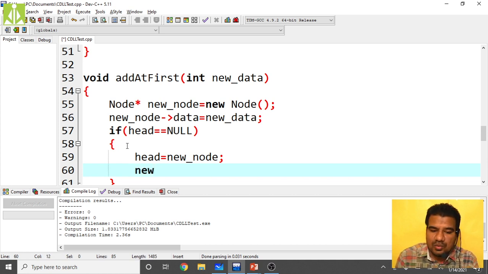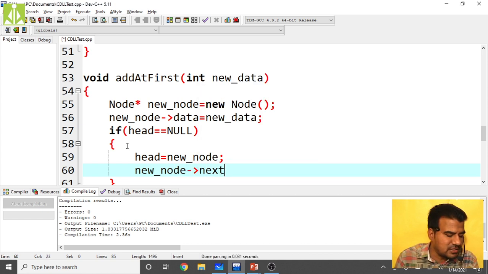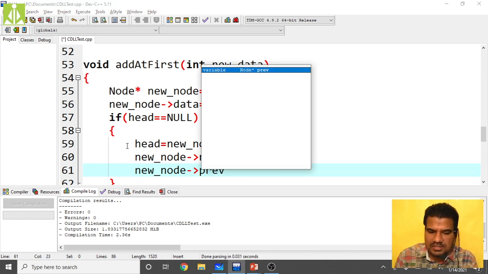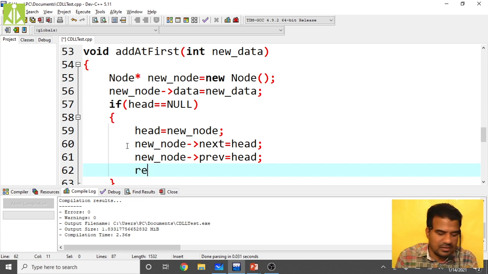Then new_node of next equals head, then new node of previous should also be head. Then simply return from the function itself, because we have added the new node as the only node when the head pointer is null.